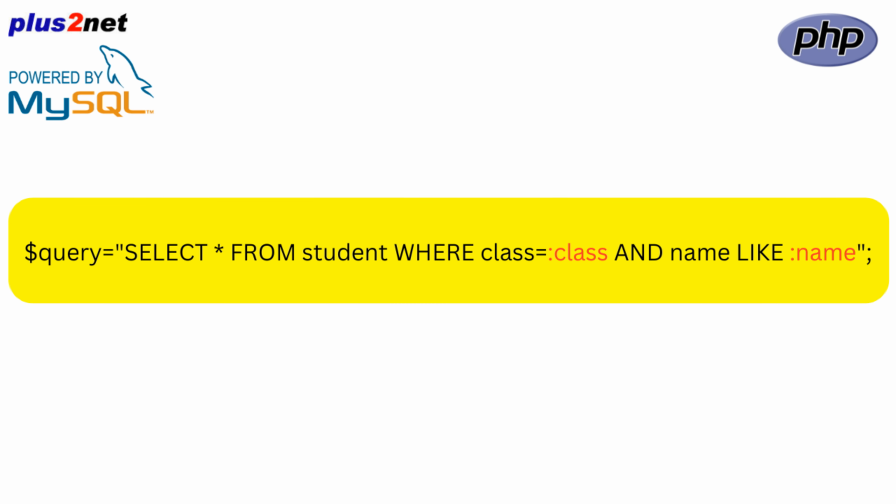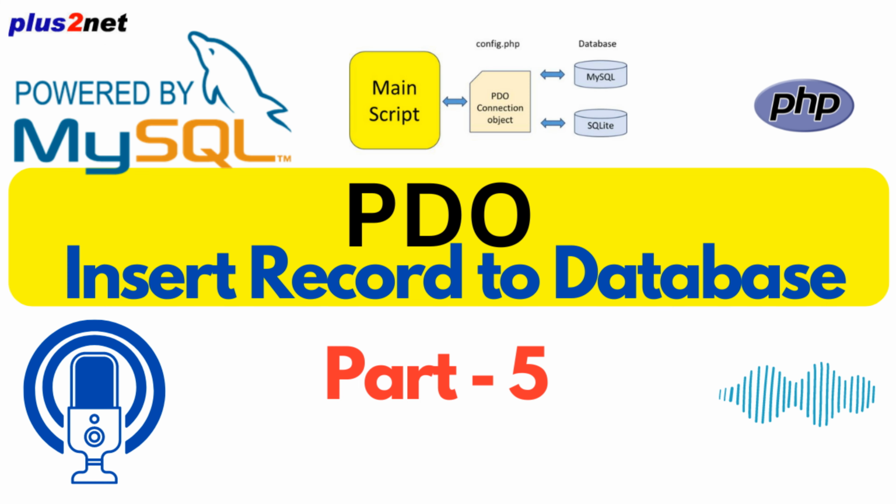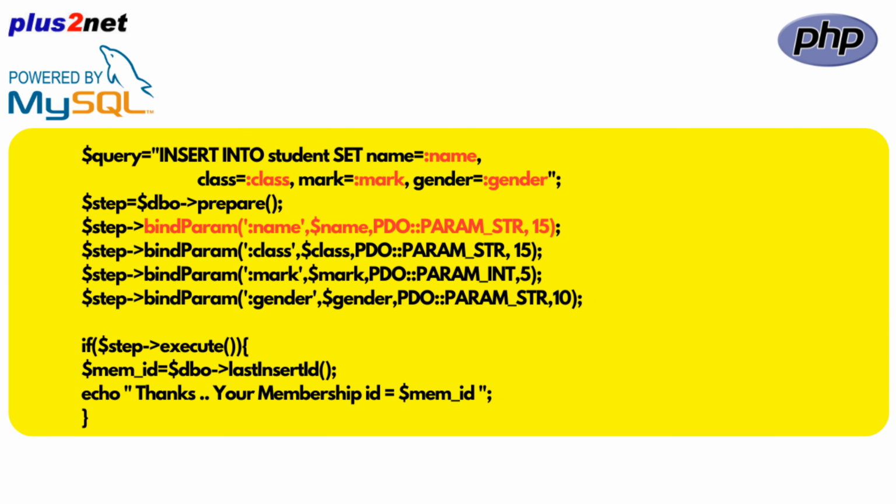Right, I'm looking at the code snippet now, and it makes more sense seeing it visually. So we're basically saying, hey, database, see that placeholder :name. I'm going to give you the actual name to put there in a second, but keep it safe. Okay. Exactly. You're not just throwing raw data at the database and hoping for the best. It's controlled, it's secure. And that's what makes PDO so powerful, especially when you're dealing with sensitive information like student